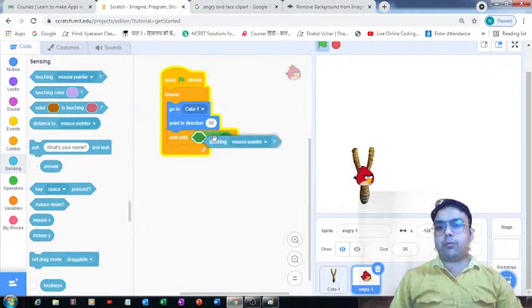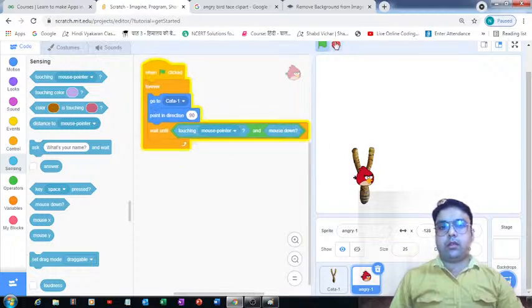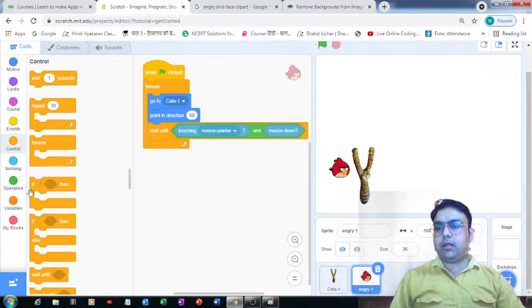Till the mouse pointer touches you, you have to wait. So these are the two blocks you can make use of. Right, so that's what is going to happen. Okay, now what we can do, we can use this repeat until block.